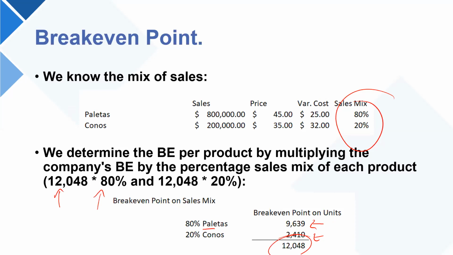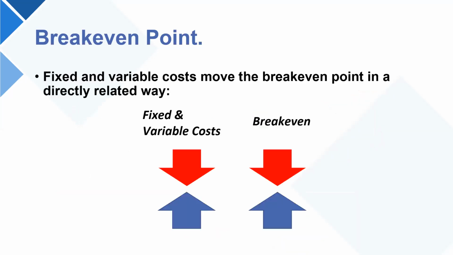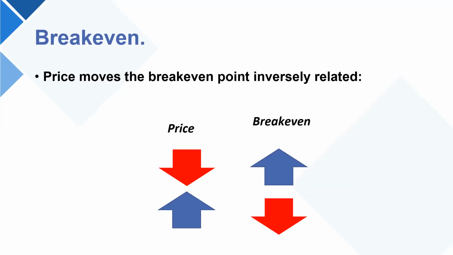Yes? Yes, teacher. So on the break-even point, when the fixed and variable costs drop, your break-even point will be lower. When they increase, your break-even point will increase. And that happens